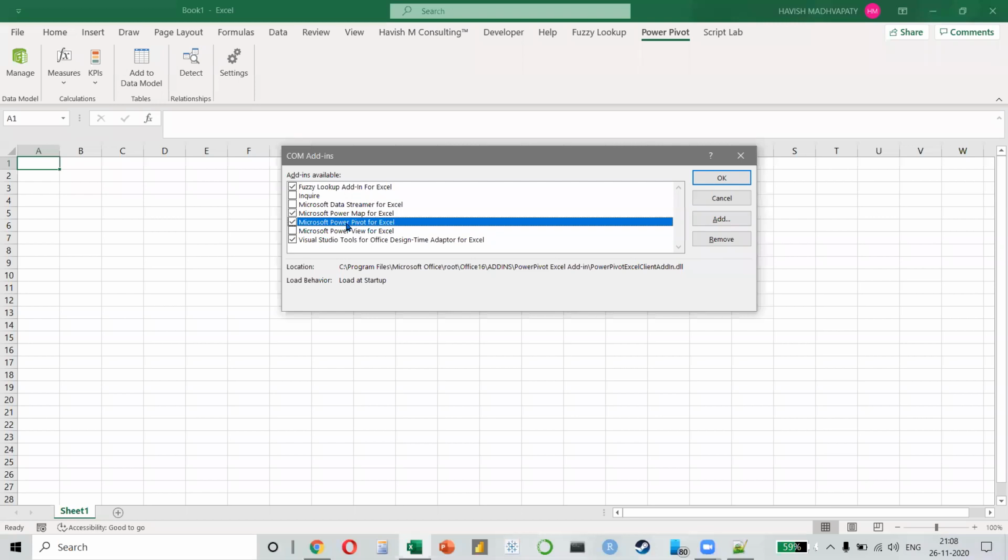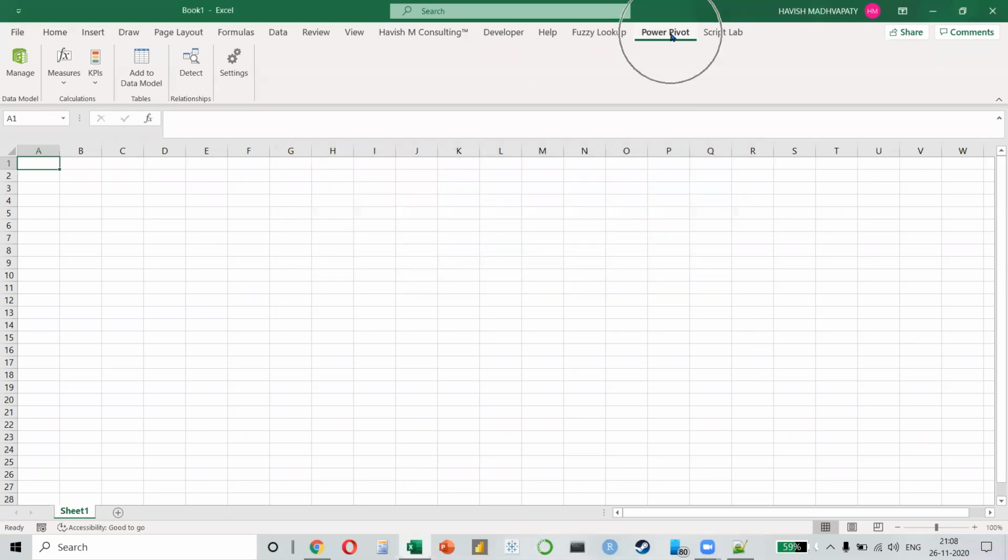If you remember yesterday, I told you that the developer tab also has to be enabled. By default, it is disabled because it is only meant for developers, people with a programming background. Similarly, Power Pivot is meant for IT professionals. So we use a completely different language here called DAX, which is Data Analysis Expressions. And that's the reason the option is inbuilt in Excel, but you have to enable it, right? It's a little bit like the developer tab. And once you do that, the Power Pivot tab comes here, okay?